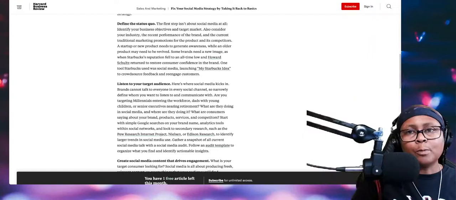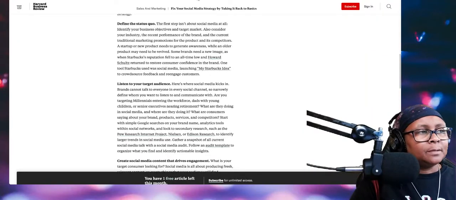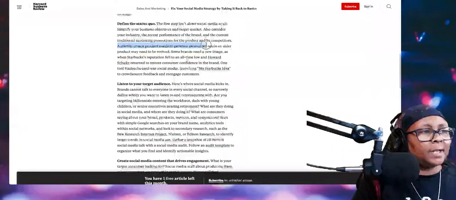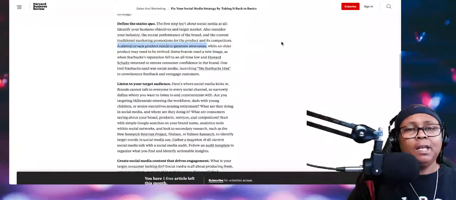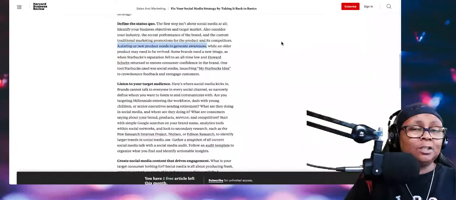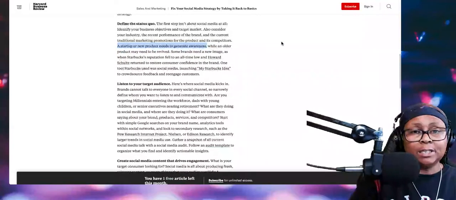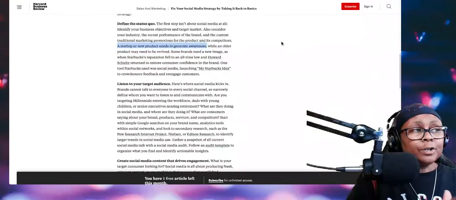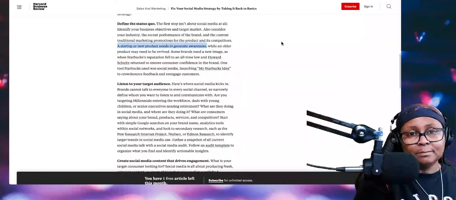But I want to touch on this real quick. This part right here where it says a startup or new product needs to generate awareness. If you're a small business and you just got your business started, say a year ago, you're in that bucket.